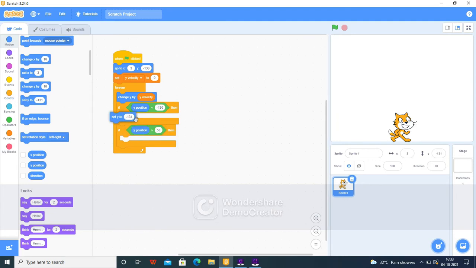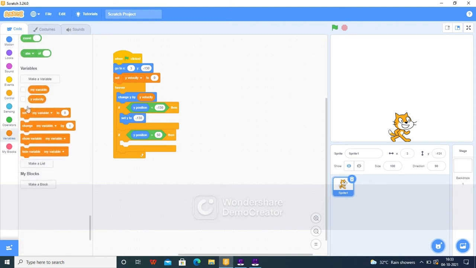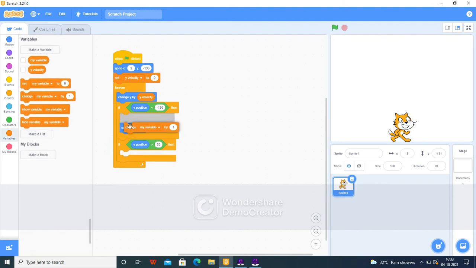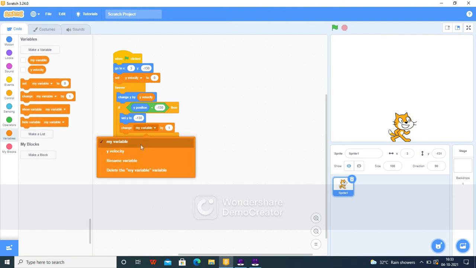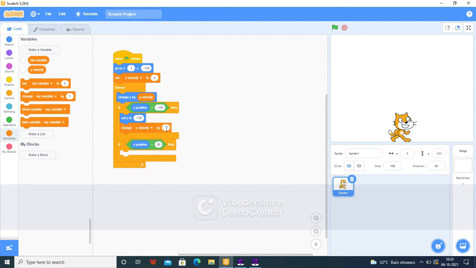Let's set the y to be 130 and set the y velocity to 0. Now if it is greater than minus 130, then you have to change the y velocity by minus 2.